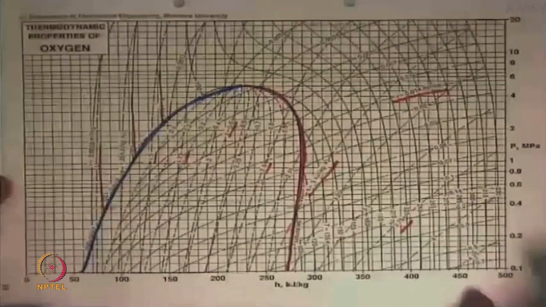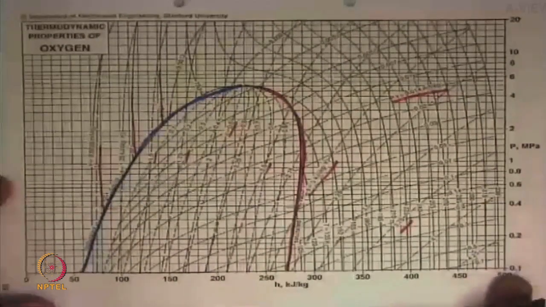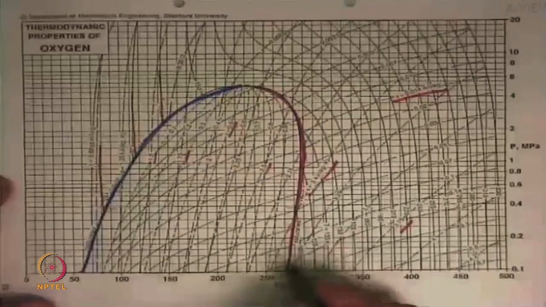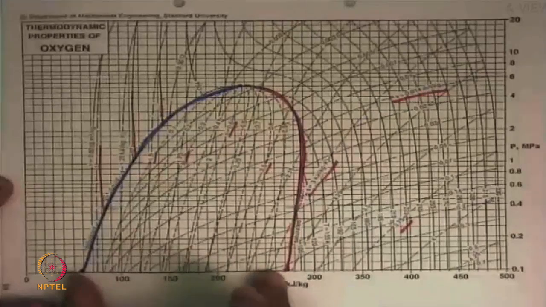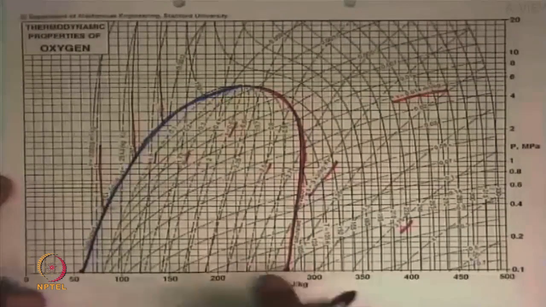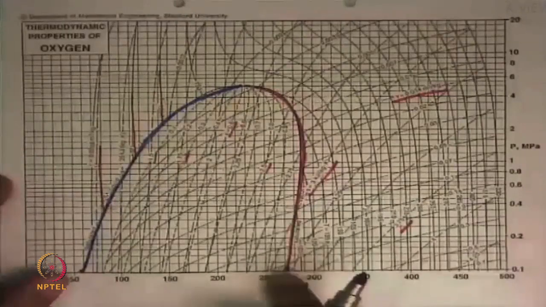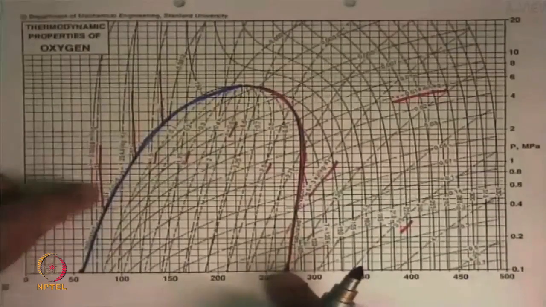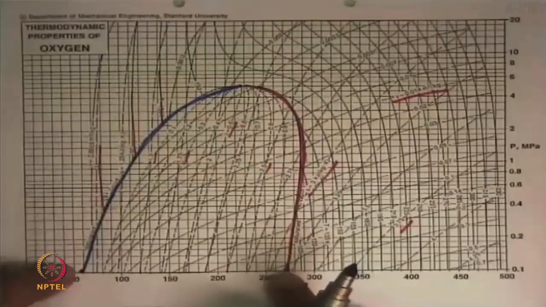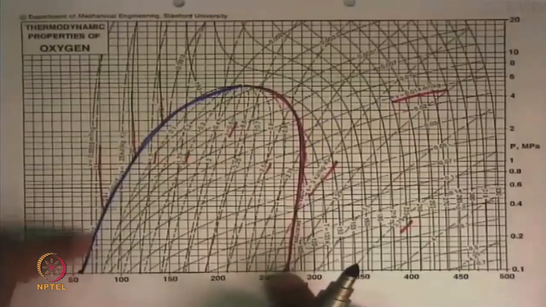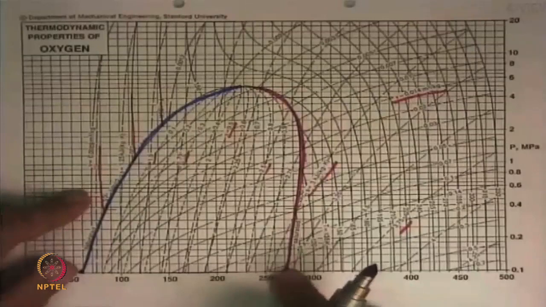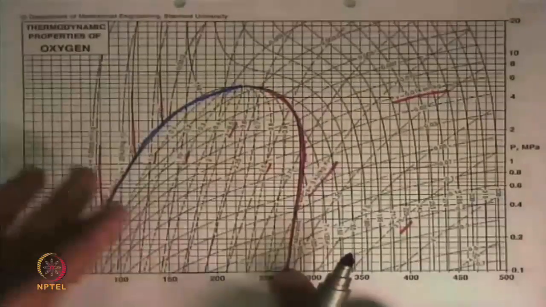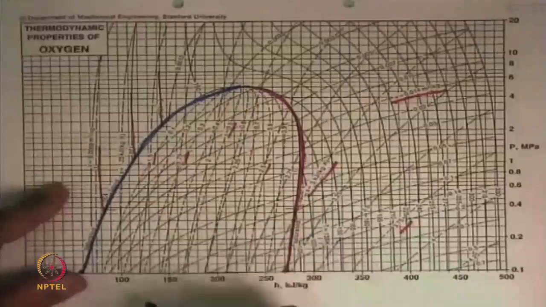Ambient pressure is 0.1 megapascal, and so it comes over here. At 0.1 megapascal, what we see is oxygen in this condition is in a wet state, which means that if we cool it down, and this temperature here is 105 Kelvin, this is even below that, it turns out to be about 77 Kelvin. So at 77 Kelvin, 100 Kelvin at these pressures, oxygen behaves like it has a liquid and a vapor state, and you can start getting wet states in this.